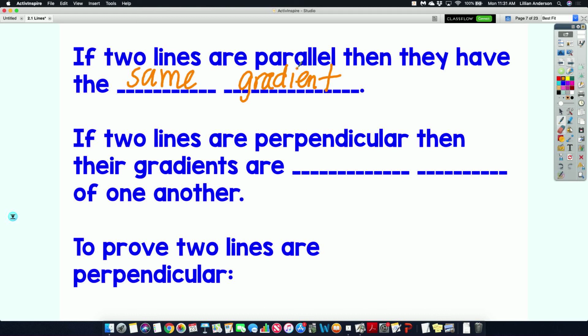Now, if two lines are perpendicular, then their gradients are blank blank of one another. Opposite. What's the other word? One word is opposite. What's another word? Yes. Someone said it. Yes. Opposite reciprocal. Maybe you learned it as negative reciprocal. Is that more familiar? Okay. So you want to use opposite or you want to use negative? Okay. First one I heard. All right. So negative reciprocal,